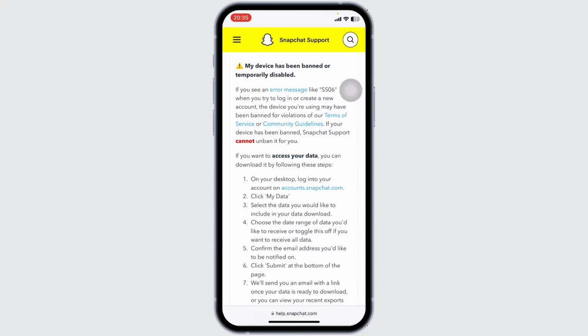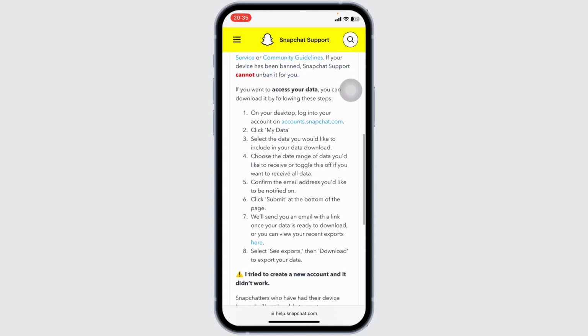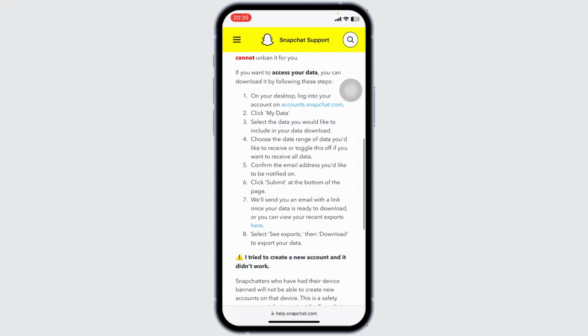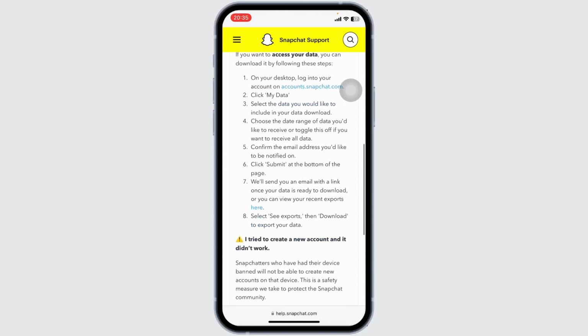So here you will see, if you see an error message like SS06, when you try to log in or create the account, this might be because you have violated their terms and conditions. So Snapchat support can't unban it for you, but if you want to access your data, what you need to do is go to your desktop and go to